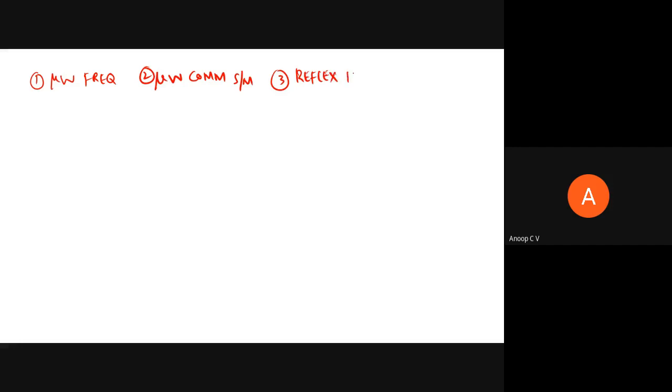So in the reflex klystron, you have the construction, working, and mode curves. And one more thing, the questions will not be straightforward. You should know the idea, then only you will be able to answer the question. Questions will be twisted a bit. You should have clarity of the concept, then only you will be able to answer.